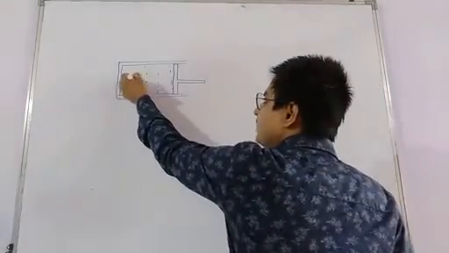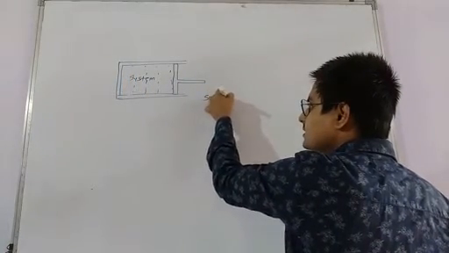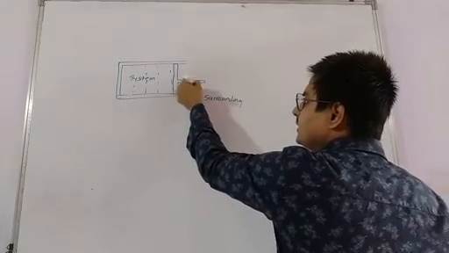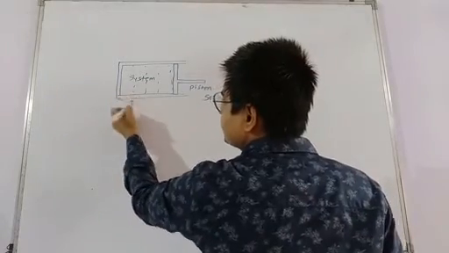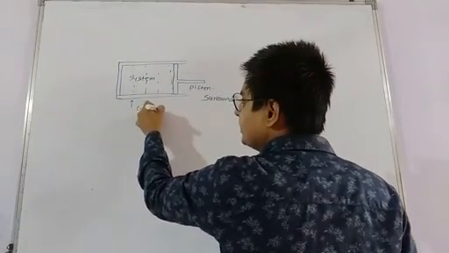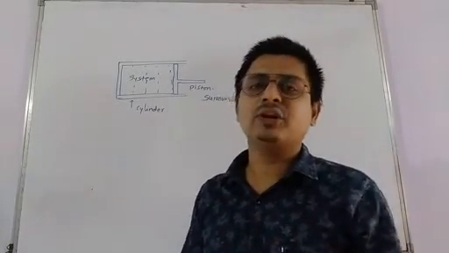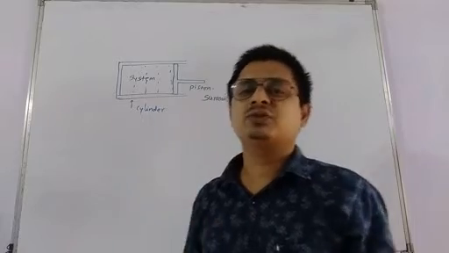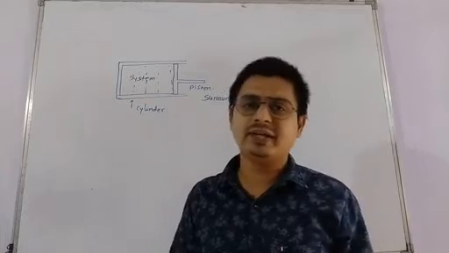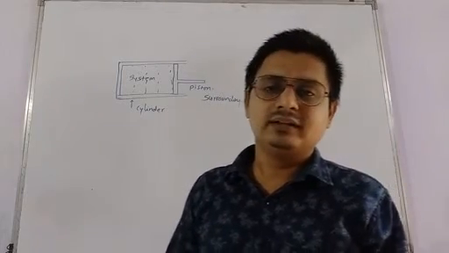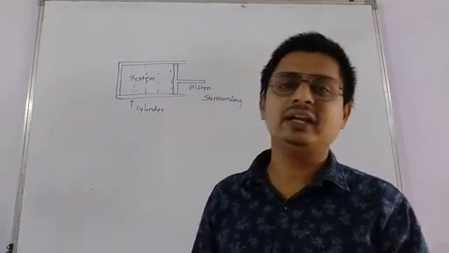So it is our system, it is surrounding, this is piston, this is cylinder, and the wall of cylinder in our case will be boundary. Now we will discuss the thermodynamic process at a microscopic level. That is, a small number of molecules will be taken into consideration, and the large volume of the gas can be considered at a later stage.